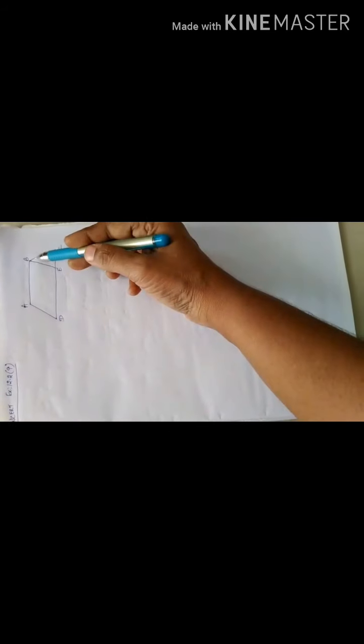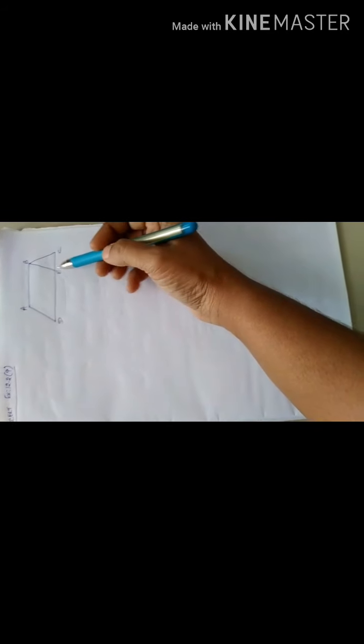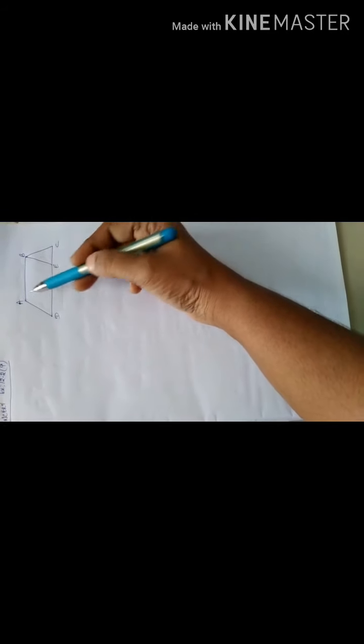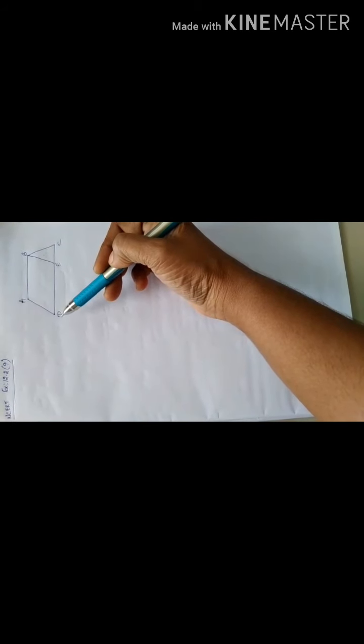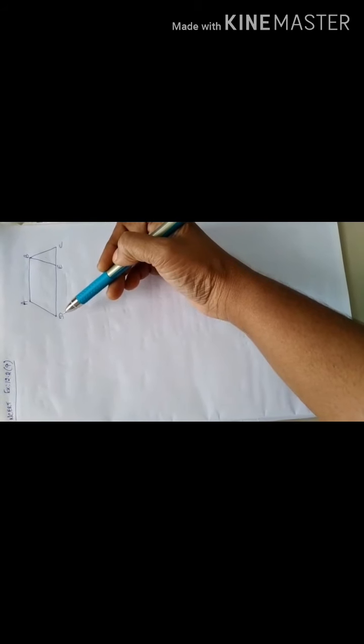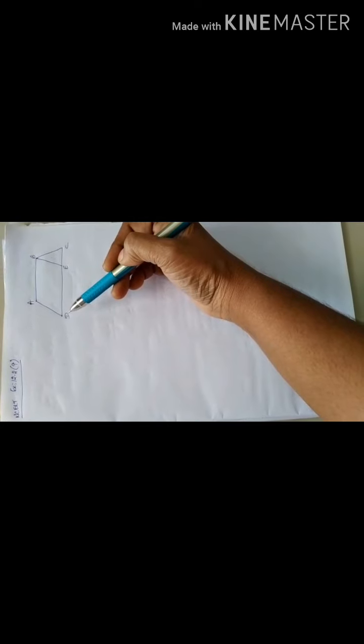So for finding the area of this triangle, we can use Heron's formula, and for finding the area of the parallelogram ABDE, we have the formula base into height. Using that we can find the area of the parallelogram. Finally we can add those two areas. So here